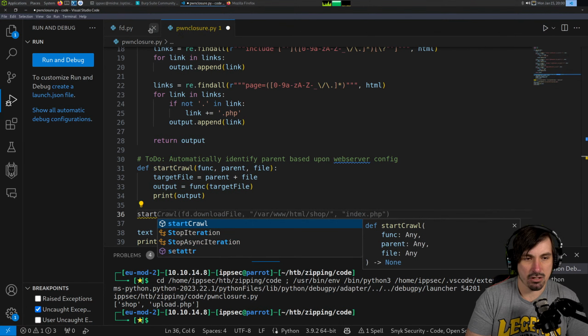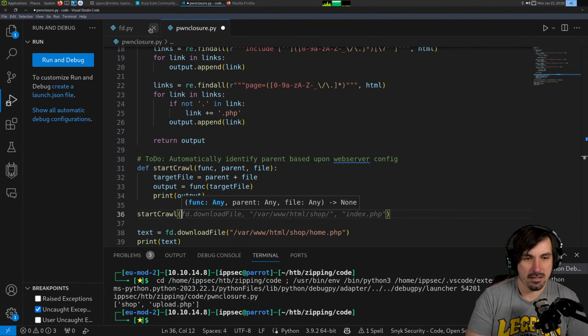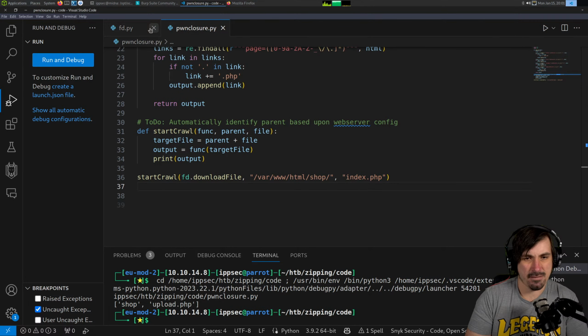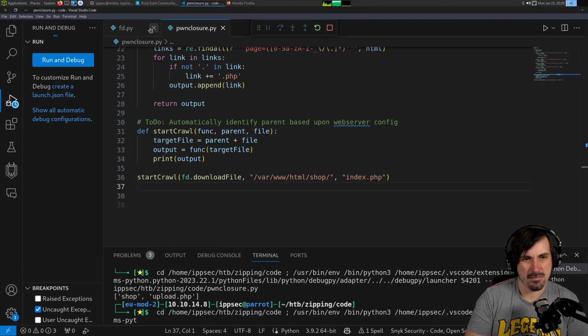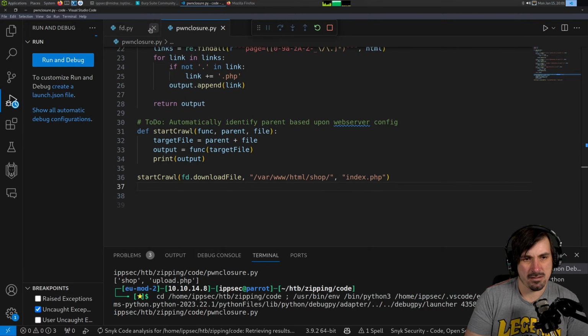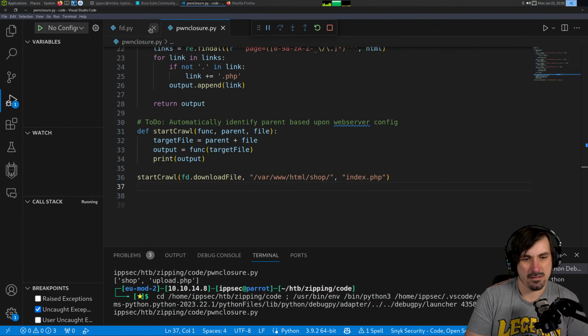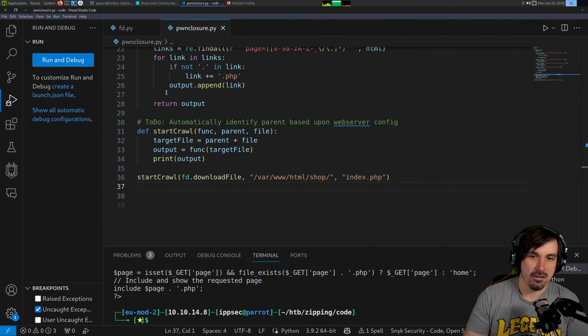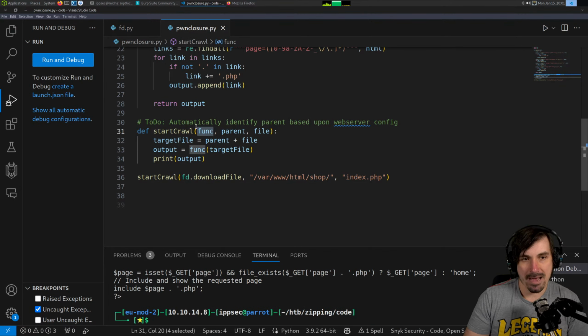Then I do start crawl. I'm going to pass in that. So let's see if this works. It does. Awesome. So the whole reason I want to pass in a function here is I want to be